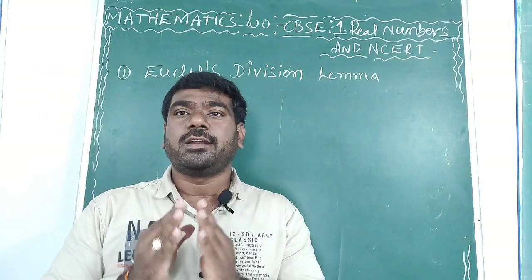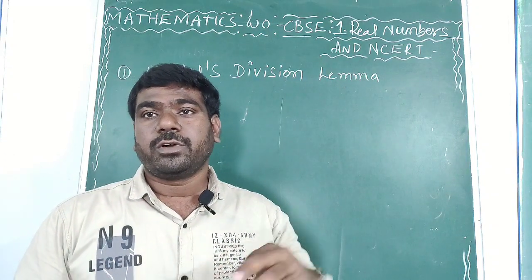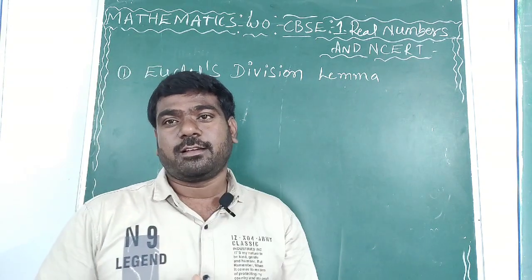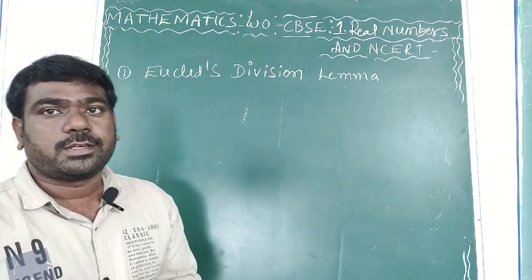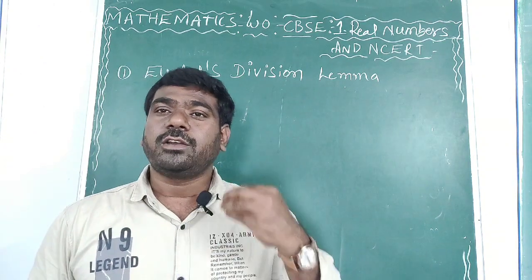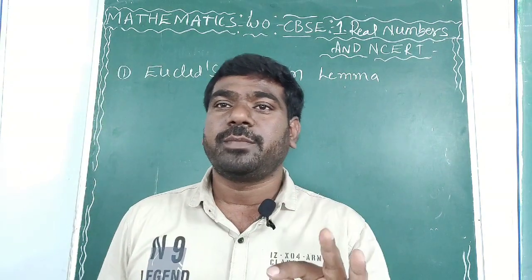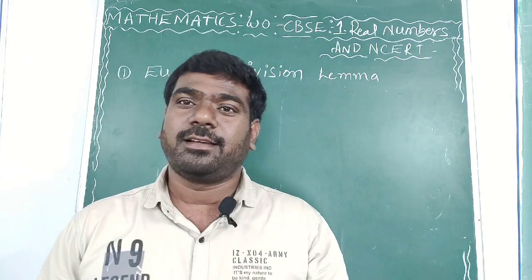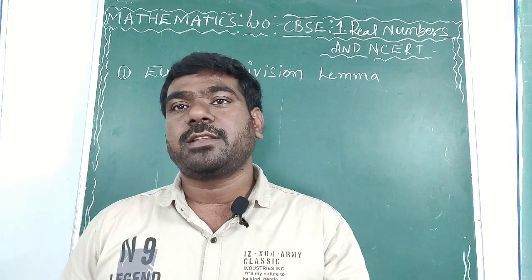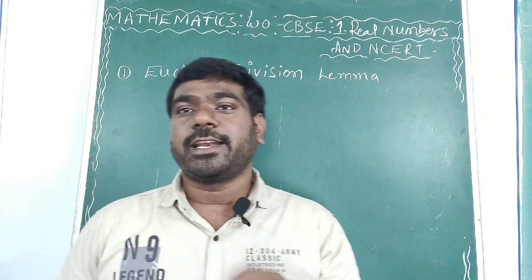First we have to understand the definition of Euclid's division lemma. But before going to the definition, we first have to understand some basic concepts. Suppose I divide 2 numbers. Why 2 numbers only? If you want to do any operation, either addition, subtraction, multiplication or division, at least 2 numbers are required. So here, what operation are we considering? I am considering division.